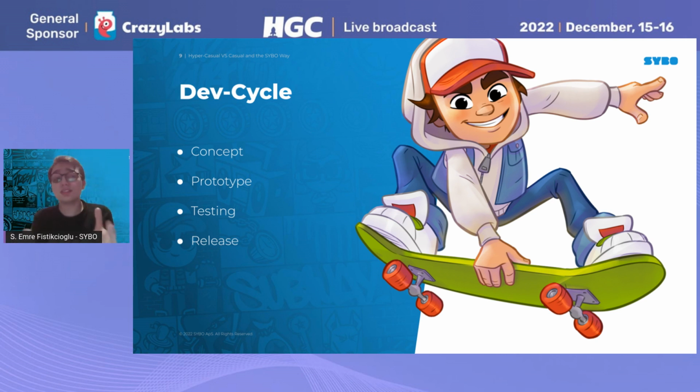In the conceptualization part, you don't have an idea, but you have multiple ideas here. You have a satisfying, fun, dopamine-rich core mechanic, yes, but you also have some other supporting side mechanics.